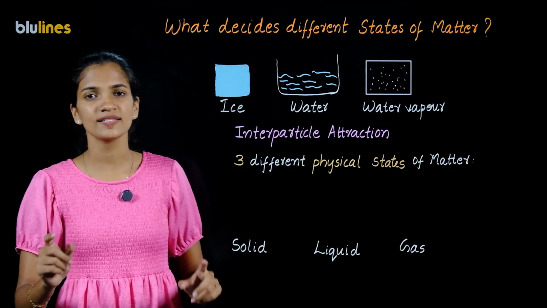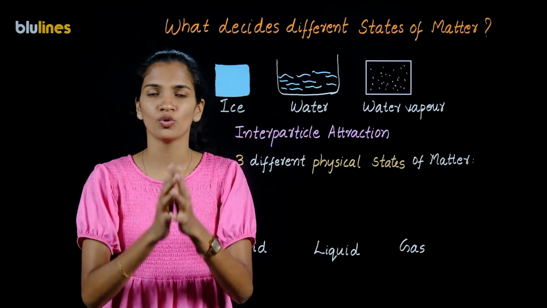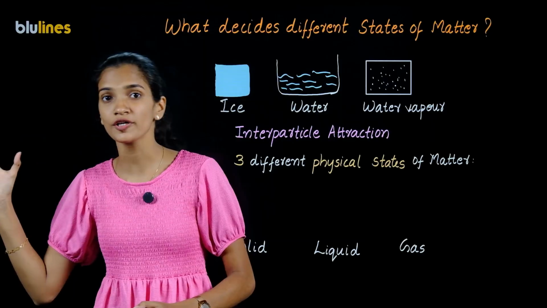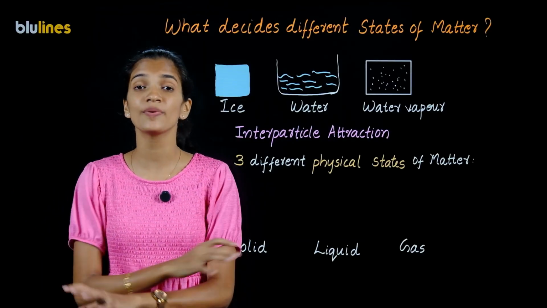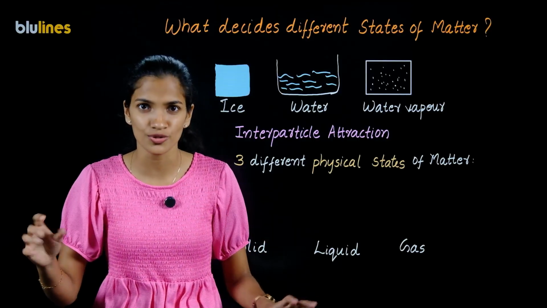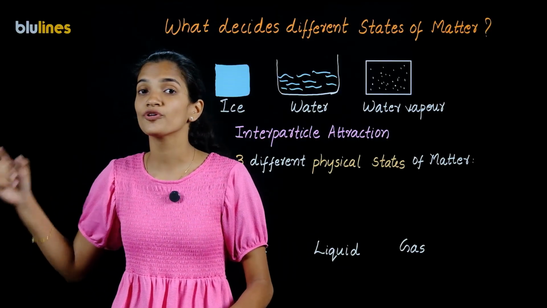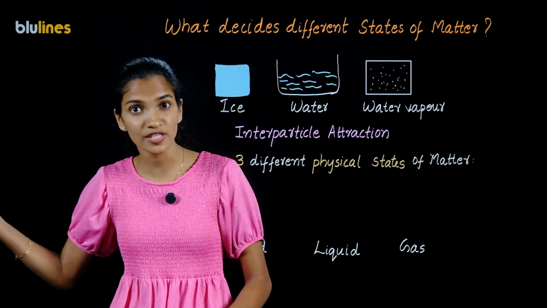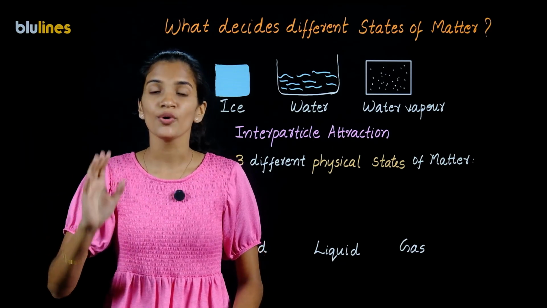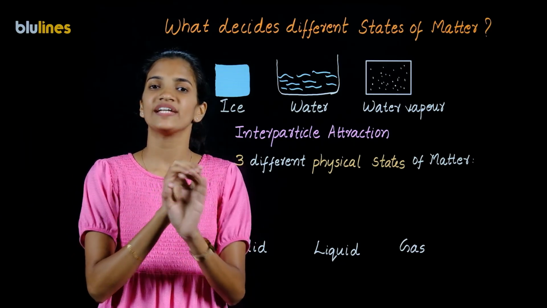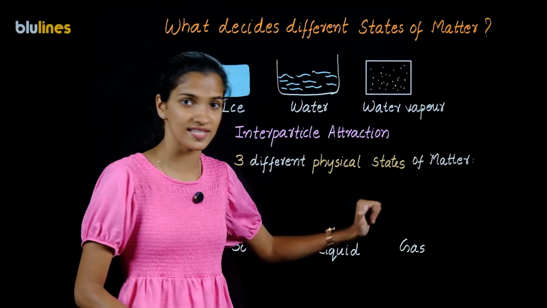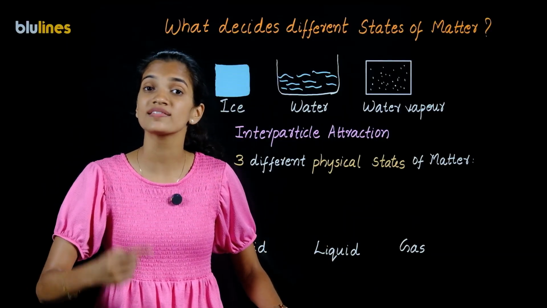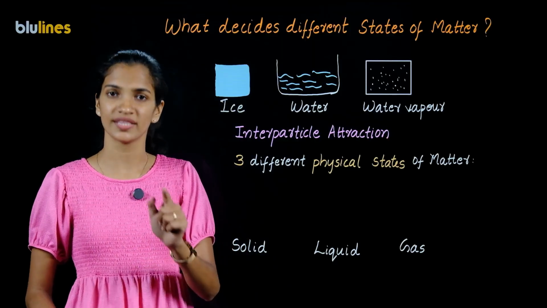Now gas, consider in a closed room, I have sprayed some perfume from one corner of the room. Obviously, after some time, the fragrance of that perfume will be spread in that entire closed room, because it is possible for the gas particles from the spray to move around. So, matter which does not have a definite shape and a definite volume can be classified as gas. They occupy the shape as well as the volume of the container in which they are kept.